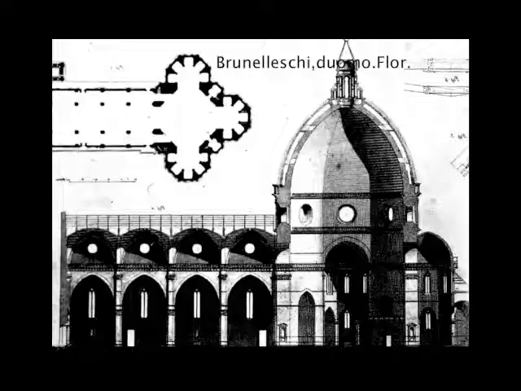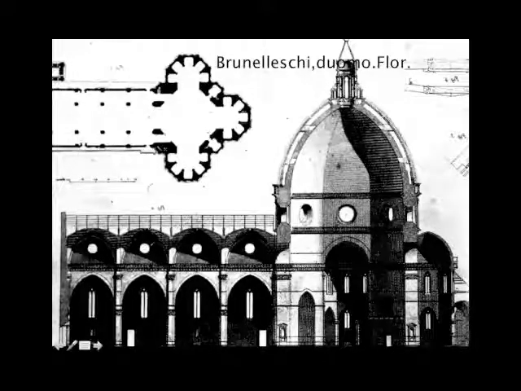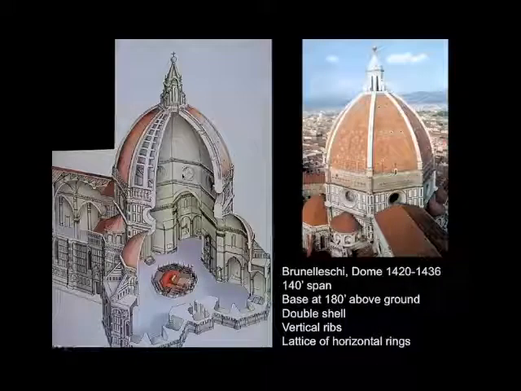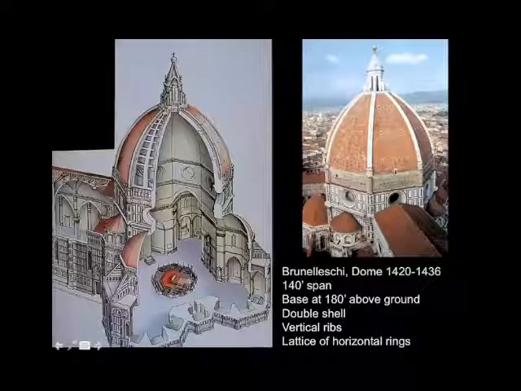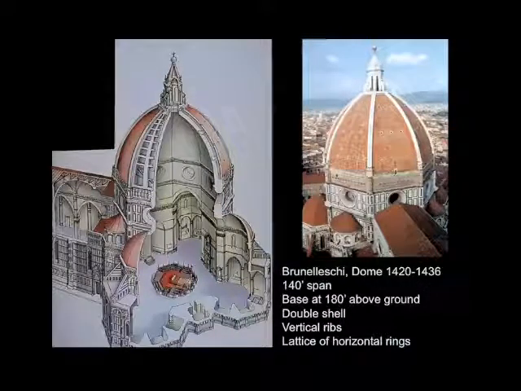And here you can see something about how Brunelleschi solved the problem. He had a kind of Gothic way of working, you might say. He had a rib structure for the dome, a series of vertical ribs that translated the load to these points on the piers. And he also had a double shell, which is quite ingenious, sort of taking the idea of coffering from antiquity, but doing it in a ribbed fashion, so that you end up having a series of vertical ribs, but interlaced with the vertical ribs, you have a series of horizontal rings.